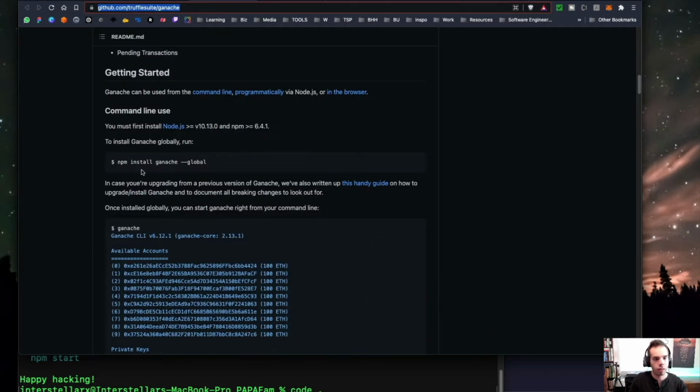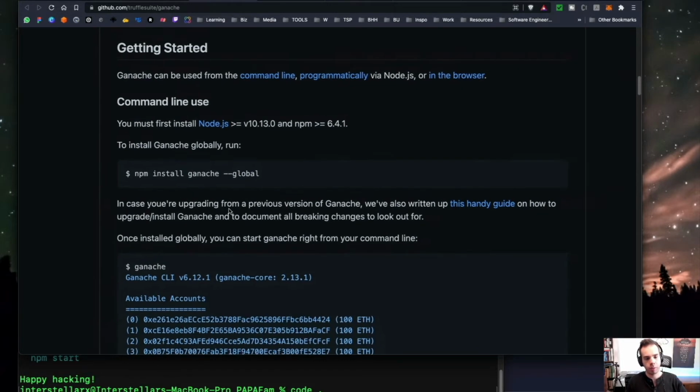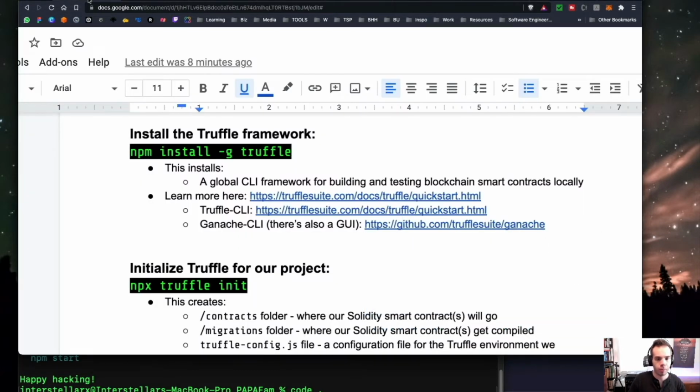In case you can see it, it's github.com/trufflesuite/ganache. You may need to install this if Truffle isn't recognized on your computer, so just as a heads up there. If you need to install Ganache, it's npm install ganache --global. So that's how you're able to get the Ganache CLI on your computer, and we should be all set after that. There is also a GUI, which, if you want to check out with Ganache, is definitely a good option.